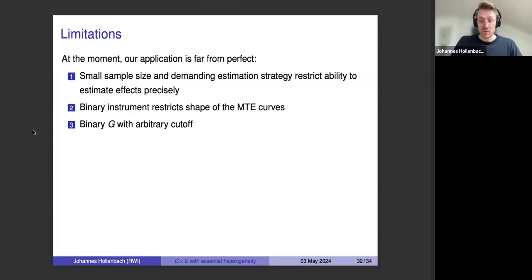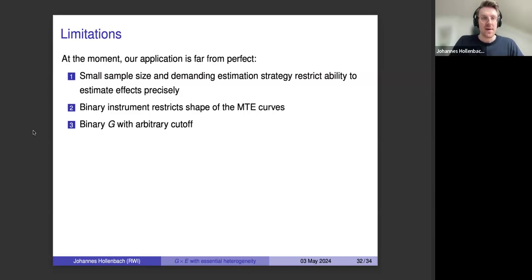One of the criticisms we've gotten the most is that we're actually using a binary G with an arbitrary cutoff, and it's totally fair. I mean, we have a very nice polygenic score that has a nice normal distribution across the population, and we're basically cutting it at the 75th percentile, and that doesn't make any sense. And I tend to agree. We're doing it because it's just easier to interpret the coefficients, easier to work with, and it works well with our sample and our explanation of these 4 groups. Otherwise, you would have many more different groups with many more potential outcomes to worry about.